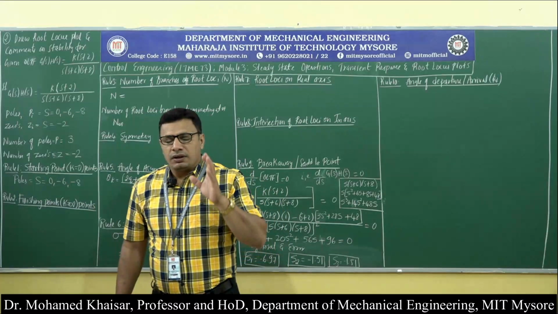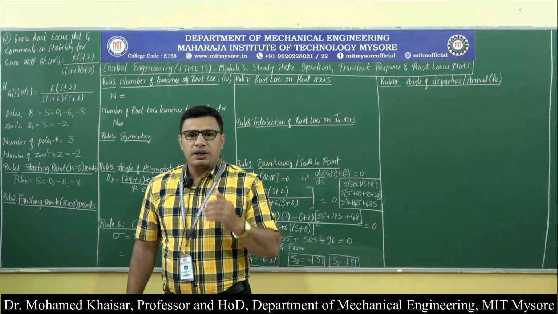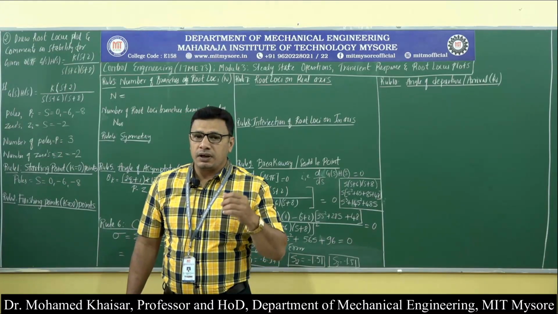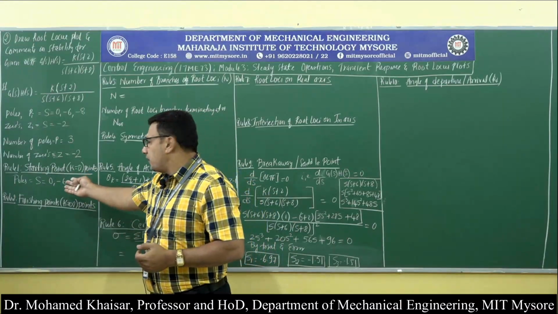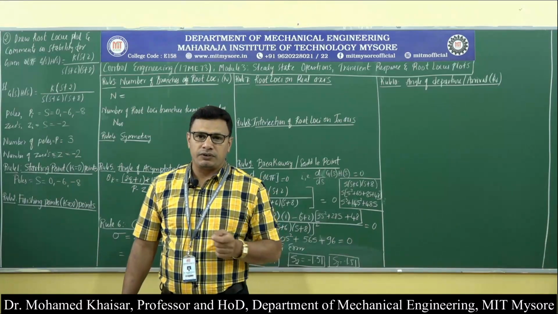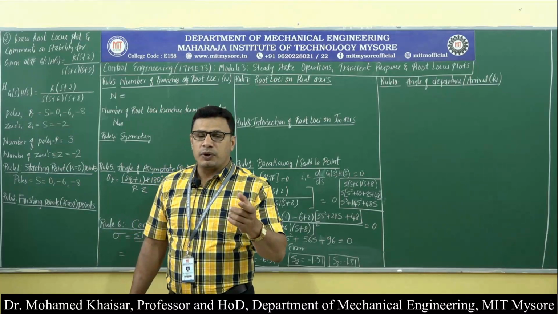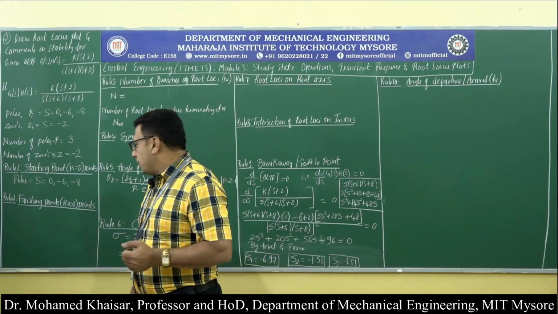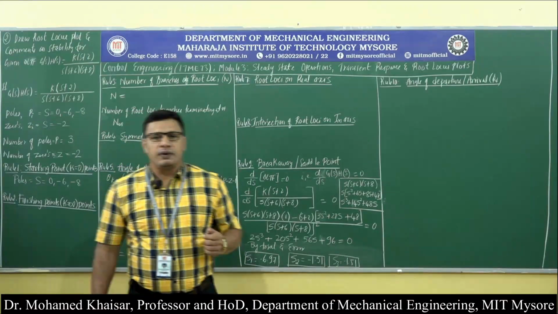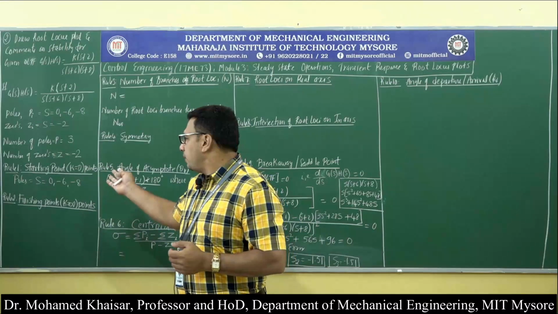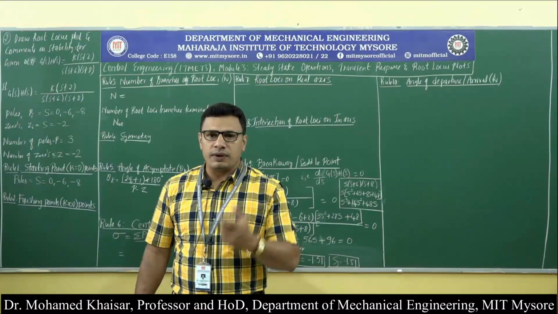That means the number of starting points will be equal to the number of poles, and when there are 3 starting points in the given problem, we need to have 3 finishing points also, and those finishing points are the zeros of the given open loop transfer function. Now if we talk about the finishing points, a little more elaboration is required. See, in the given problem there are 3 starting points and there is only 1 zero.